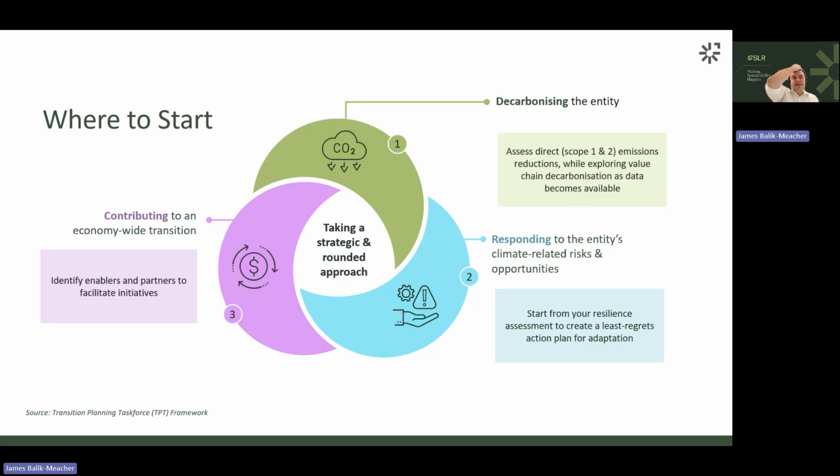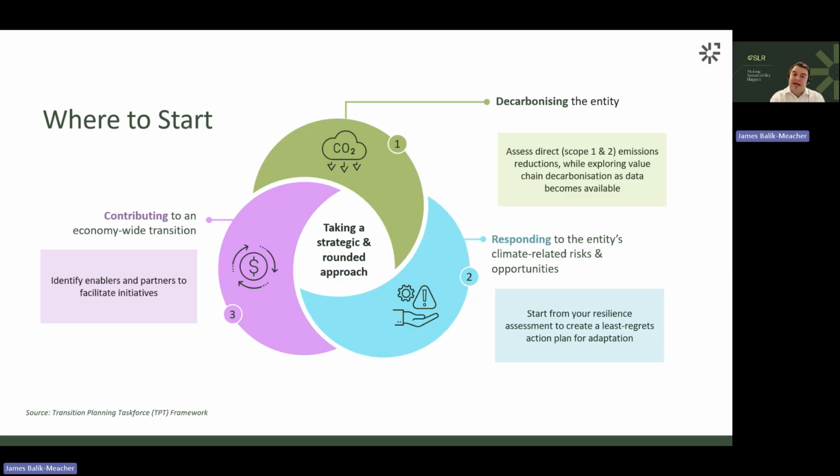In terms of where to start, there's a few things that I mentioned that companies will already have or should already be working towards. Within that decarbonisation piece, you will have already been disclosing your scope 1 and 2. So you can really start there with your direct operational emissions and how you're going to decarbonise those, and then expand that as you bring those scope 3 value chain disclosures in, and that can be added in later. And within here as well, you can also think about the types of targets you want to set, how ambitious you want to be, whether you want to align with other frameworks like the Science-Based Target Initiative.